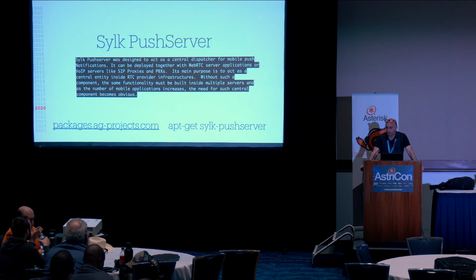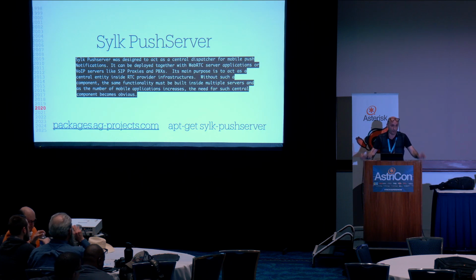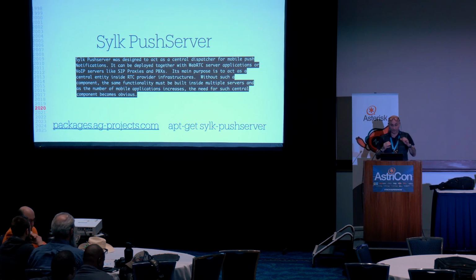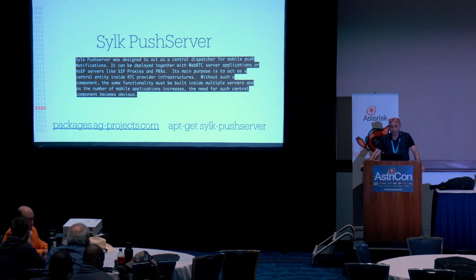So yet another server missing. Go and implement that. So we did Silk Push Server. Take a look at this. Whoever does anything with mobile needs something to talk to Apple and Google to send the goddamn push notification. And if you have 20 apps and 20 servers and different things, you need an API to properly structure all this mess. With this, you get rid of the task of organizing how to send push notifications for different types of applications. With Silk Push Server, you can do this very elegantly. You can define your applications and your keys and everything, and you have an API for it that you can call from your server to send these notifications very elegantly.